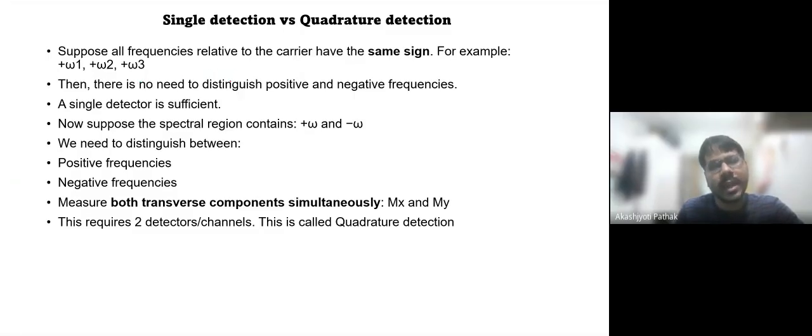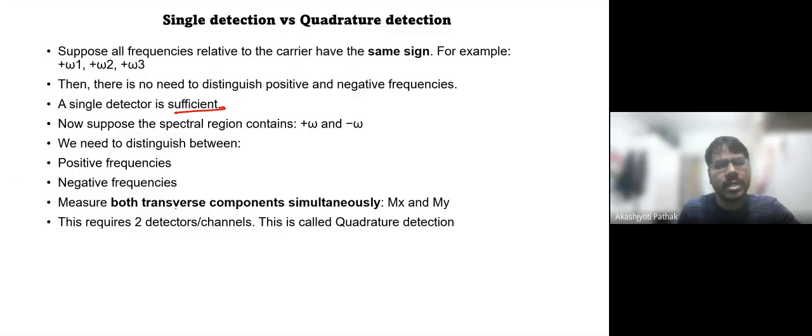Since there are no negative signals, you can have only single detection, right? You do not have to distinguish between the positive and negative frequencies, so a single detector is sufficient. But suppose your spectral region contains both positive frequencies and negative frequencies, then you need a quadrature detection,